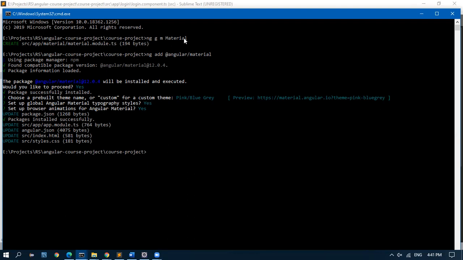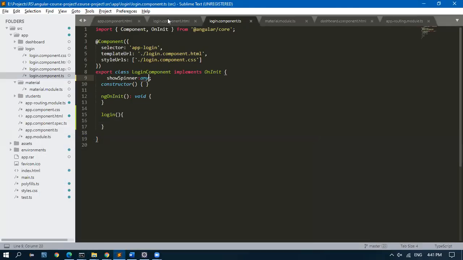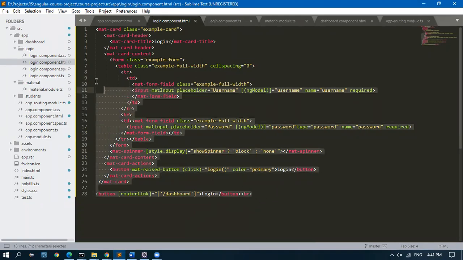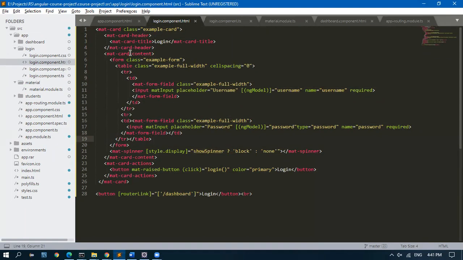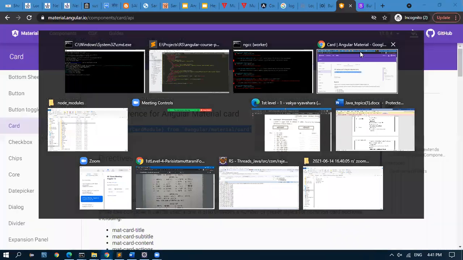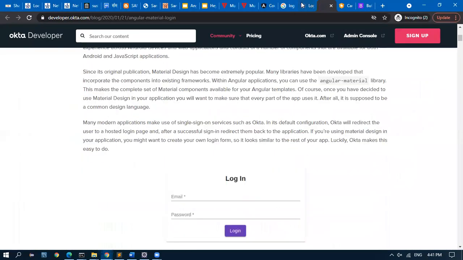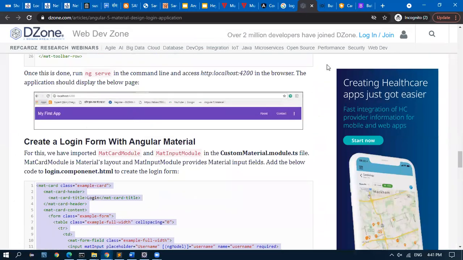We got the material module. The second thing I did was ng add Angular material. By adding this, in all the .ts we are going to get these. I took this from the internet and pasted it. I was searching and I got some sample code. Okay, I'm good now, Rajesh.